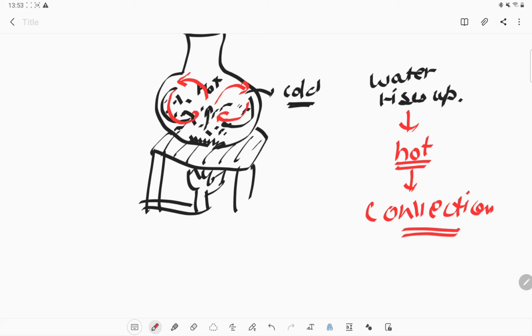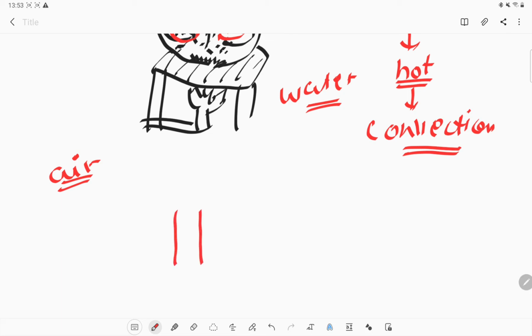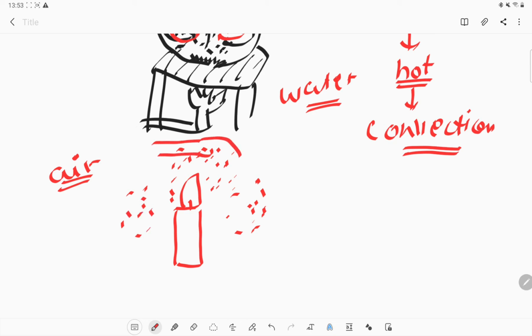So this is convection, the transfer of heat is known as convection. Normally convection is not present only in water, we can see it in air also. If we take the example of a candle, there is some air present above the candle and on the side of the candle. If you put your hand above it, you will feel more hotness, and if you put your hand on the side of the candle, you do not feel that much hot air.